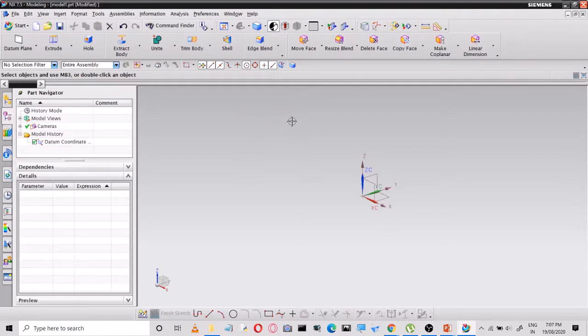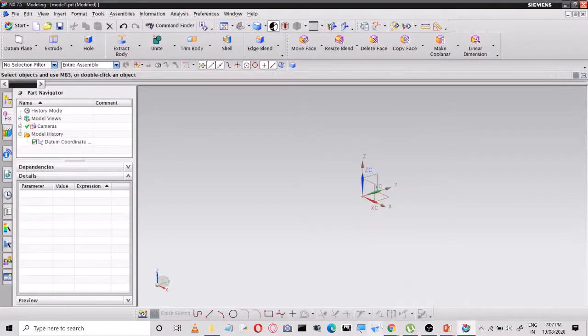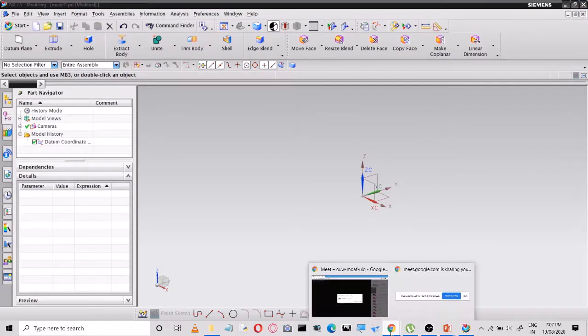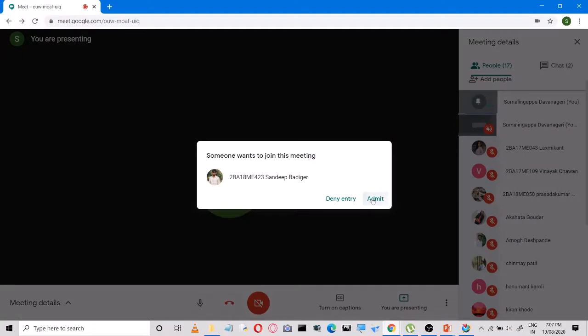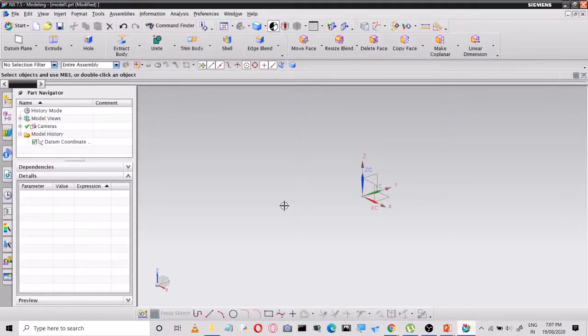Now we'll just look out. Now this is the coordinate system. Okay. So here you get two types of coordinate systems.